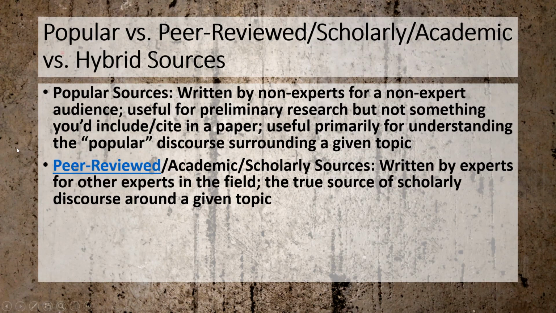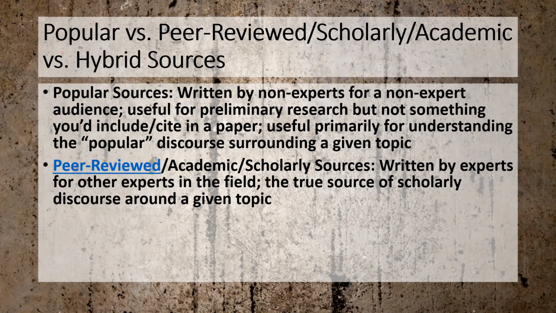A scholar will write a paper, they will submit it to a scholarly journal, and the editors of that scholarly journal, if they think it might be worth publishing, will send it out to other similar scholars in the field anonymously. And those scholars vet it. They read it through and critique it and either say, this is great, or more likely they'll say, this needs a lot more work. This is not worthy of publication. Or they may say, this needs some work and here's the flaws. Here's how it needs to be fixed.